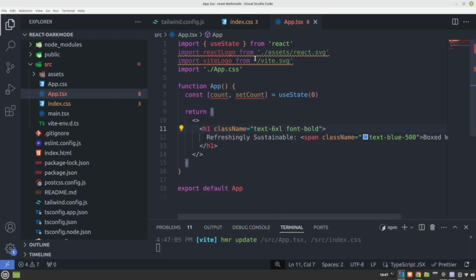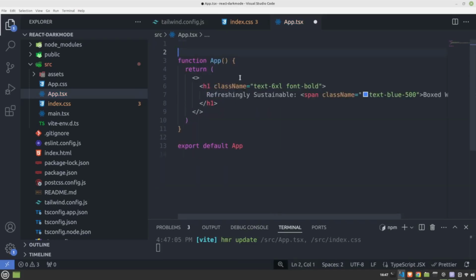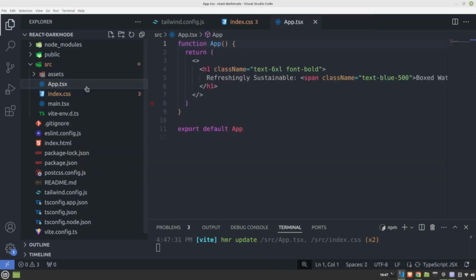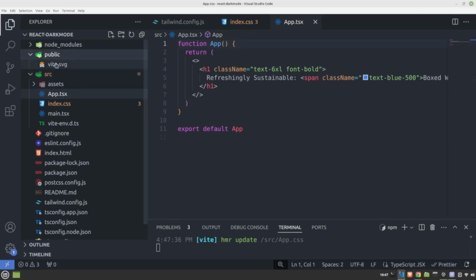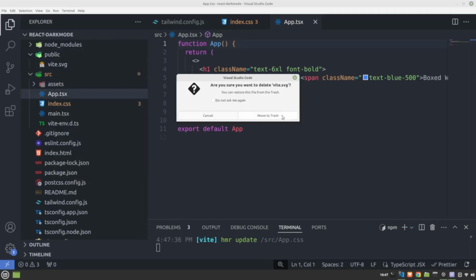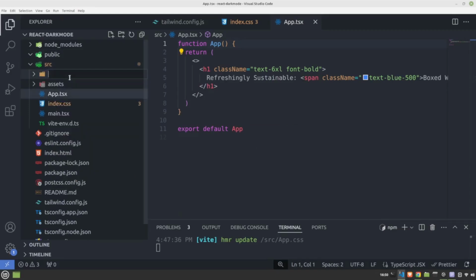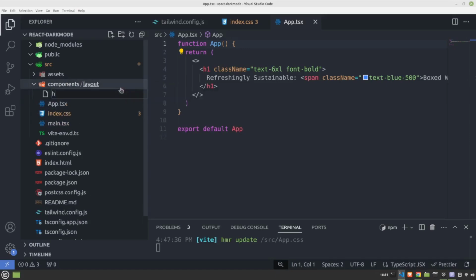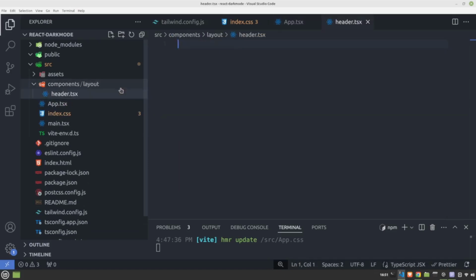I'm going to delete App.css, useState, and these two logos here. Now delete App.css because we don't need it. Open the public folder and delete vite.svg. Inside the source folder, create a new folder called components. And inside components, a new folder called layout. Inside layout, create a new file called